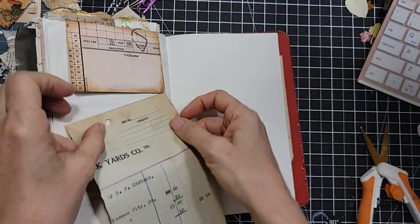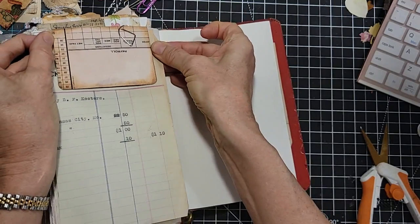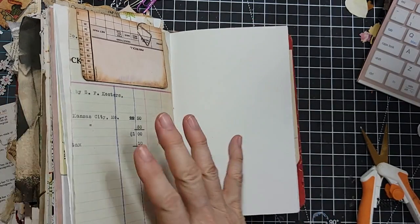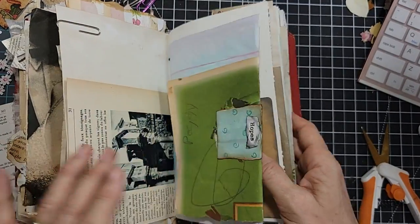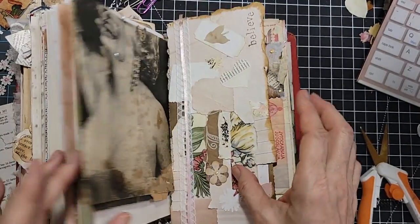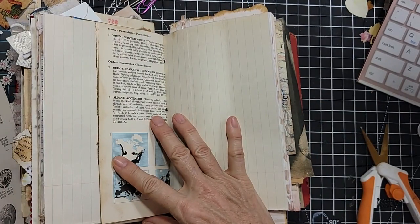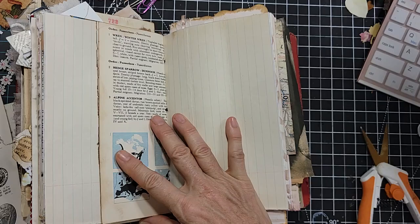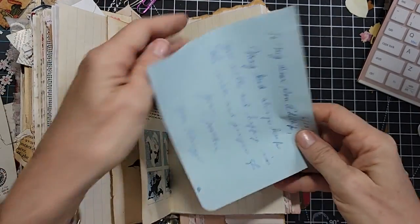Now some of these things I am just going to tuck loosely in because I want them to be easy to retrieve for people and give them still lots of writing space. So you can kind of see how it is easy to deflate a journal after you've created it. Even if you've put in a lot of things, things can be removed. And I would recommend having a few things that you can remove, because that way, here's a nice page from